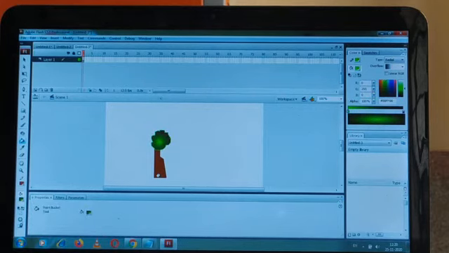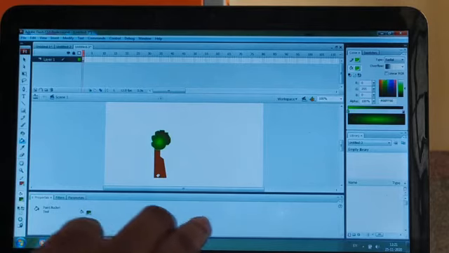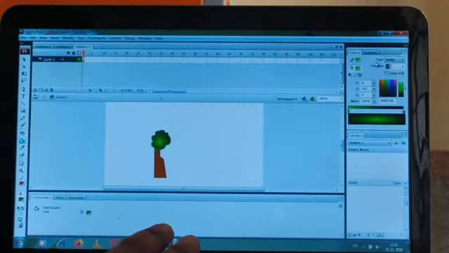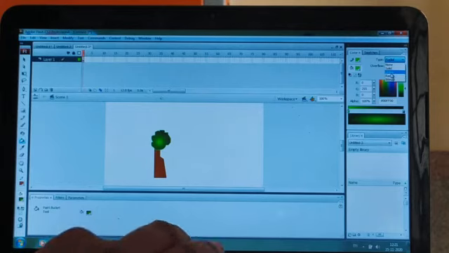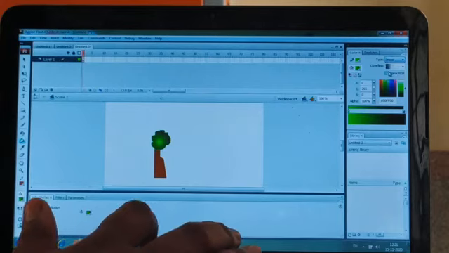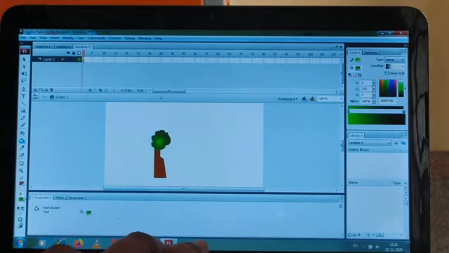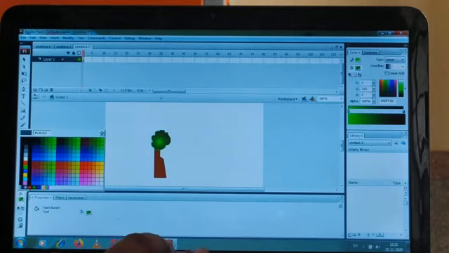Okay, now if you want to create a new gradient, because you know that Flash can create two types of gradient, linear gradient and radial gradient. You can see there is a type that is radial, where I am applying the radial gradient. Okay, if you want to apply linear, then you can select linear gradient. These both are the types of gradient fill. Okay, if you want to create a new gradient, then you can select any kind of gradient and choose the color mixer just like that.